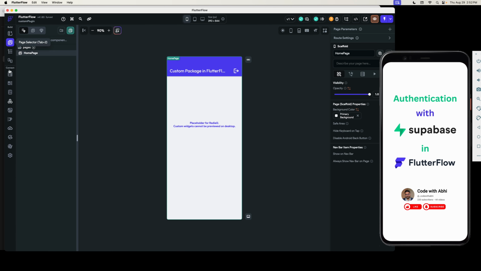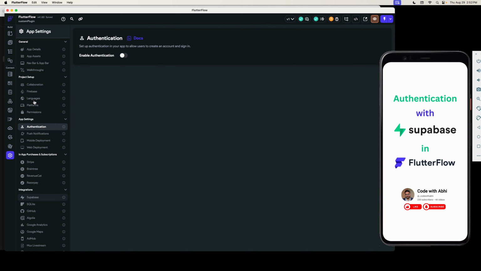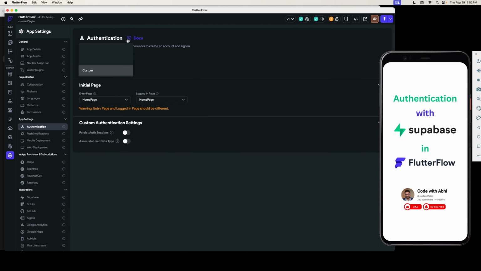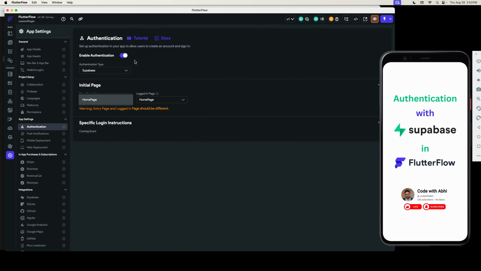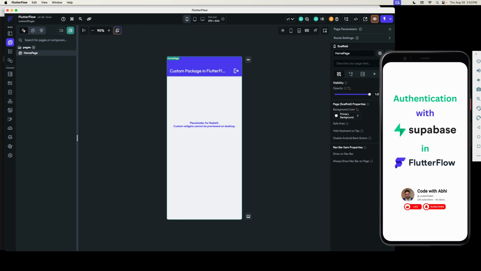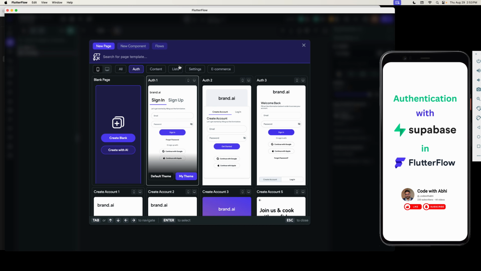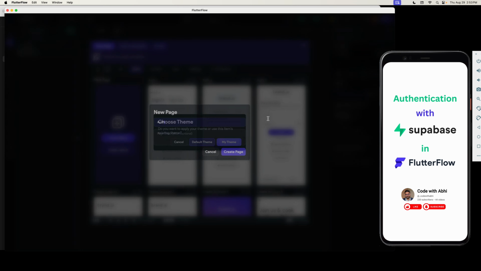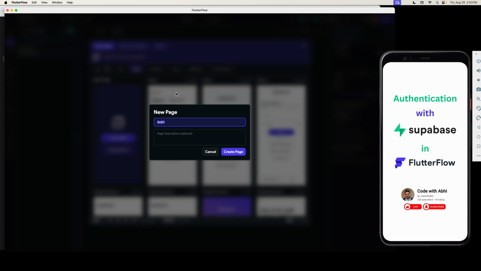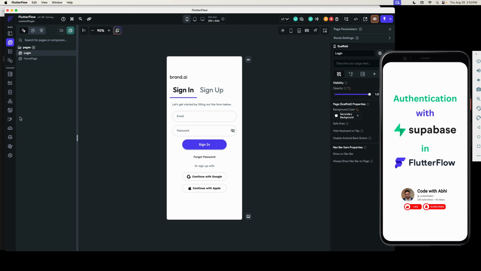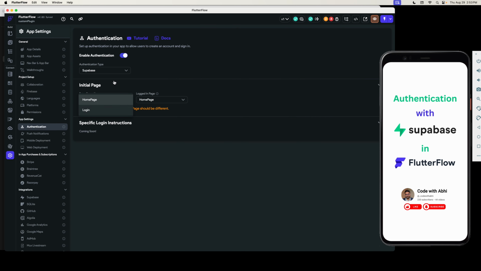Now click on the authentication, enable authentication, Supabase. We have to create a new page, auth. So I'm going to use the default one, I think. Login, create. Okay, and go to the settings. Now here the entry page is login and this one is